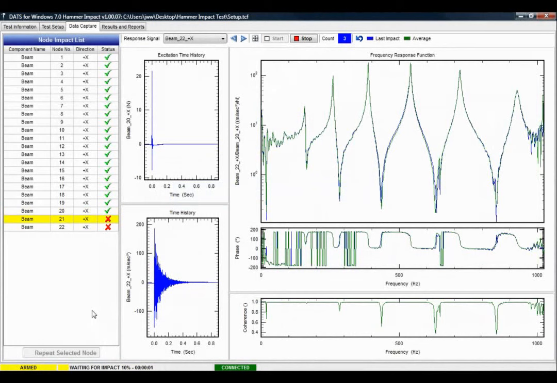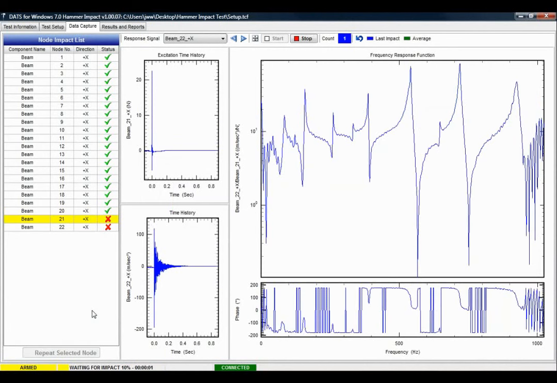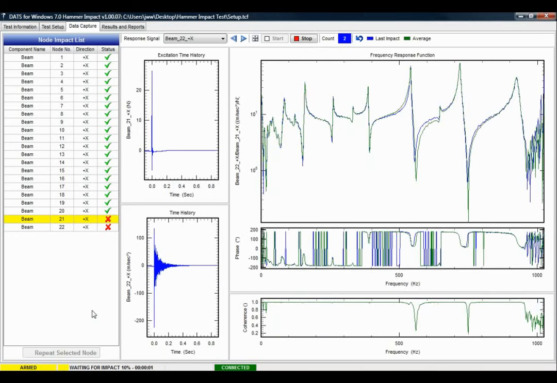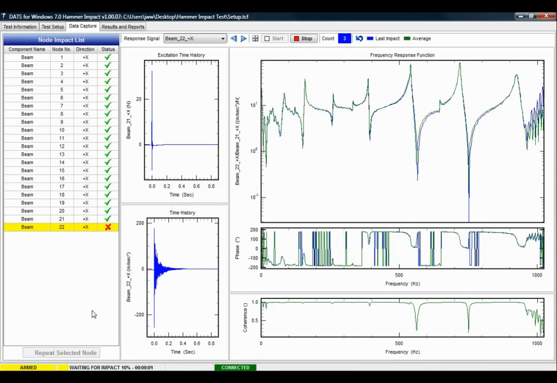And we're just coming to the end of the test now with the final 2 nodes. And we can see on the screen the transfer functions with phase. After we've completed 2 impacts, you'll see the coherence appear at the bottom of the screen. That's because you need at least 2 transfer functions before you can calculate coherence. And the final node, where our accelerometer is attached,